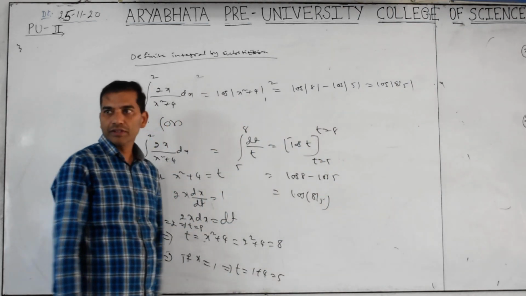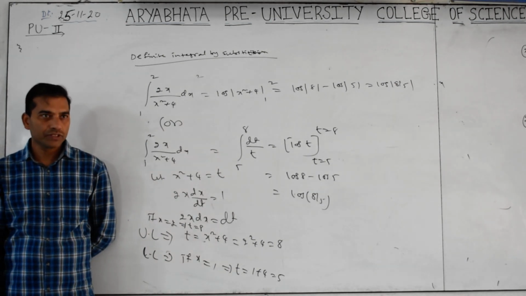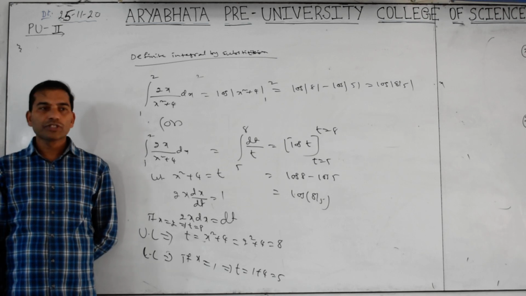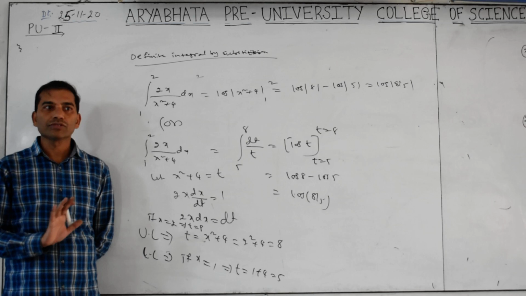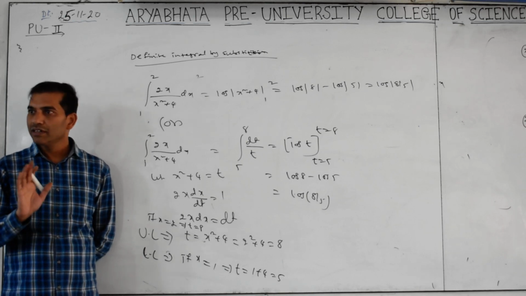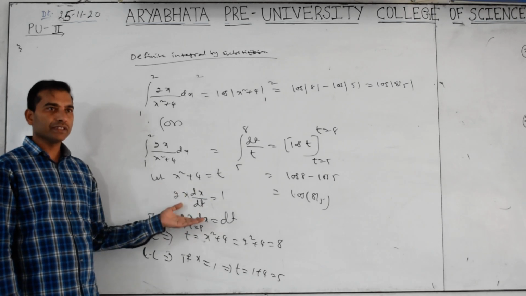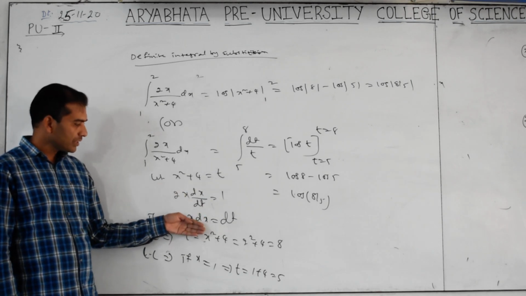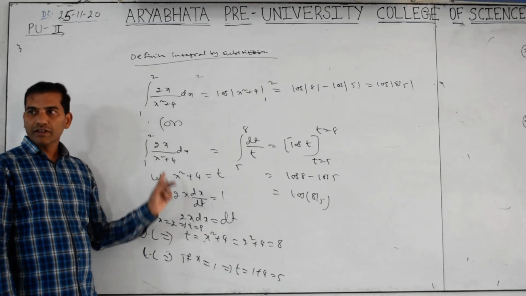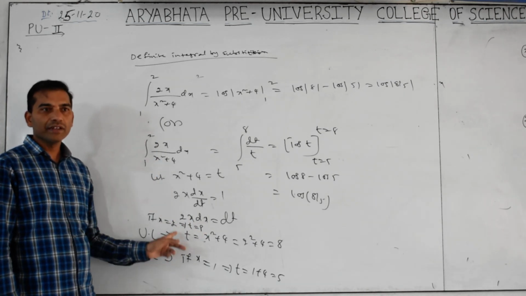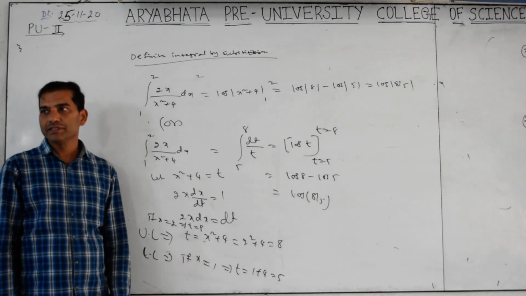So this is called the substitution method, definite integral by using substitution. By using the substitution method in a definite integral, change the limits also. This is the extra thing compared to what we discussed in indefinite. Up to this we know, but there were no limits before, and here limits are there. That's why we change the limits, upper limit and lower limit.